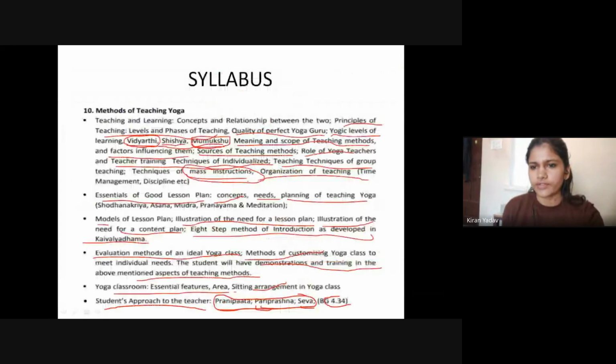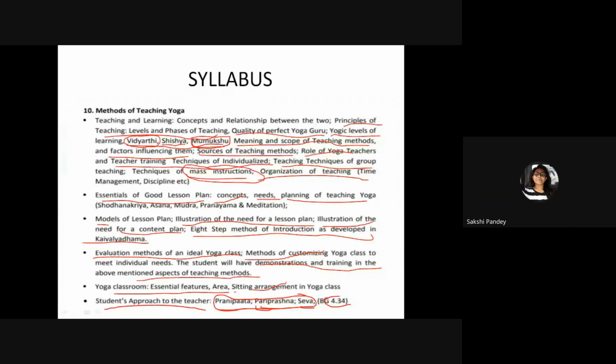So before moving further, I want to ask, now you know what we will study in this unit. So what do you think why UGC NET has included this book in the syllabus? Anyone wants to answer? Why are we studying this? Ma'am, that's so that we can easily cooperate with the students, and we should know what are the pros and cons of teaching. Yes,